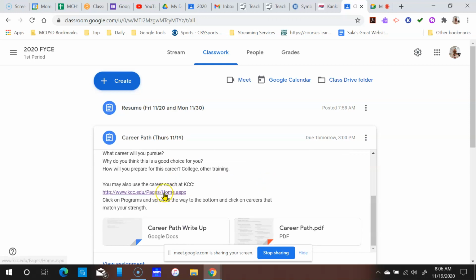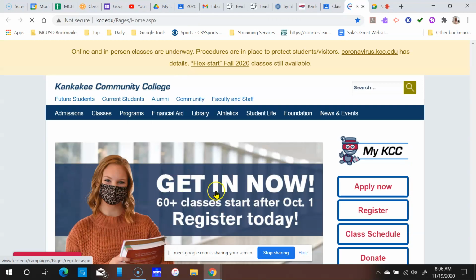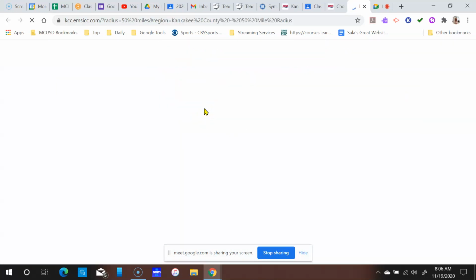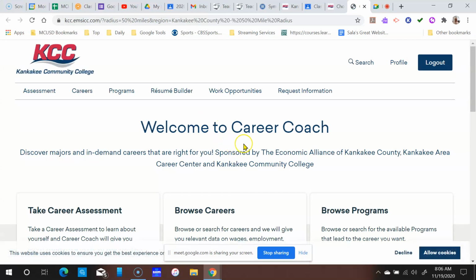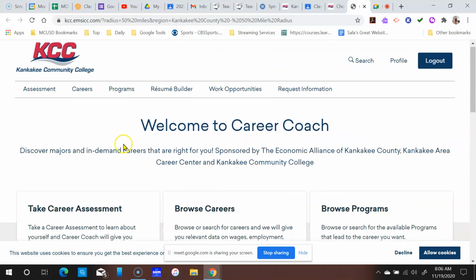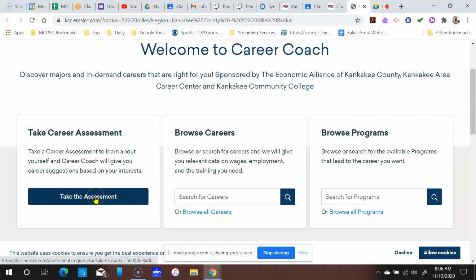I am going to show you this because you can use it for both assignments. This is something that's available to you at KCC. It's called the Career Coach. If I click on that link, you're going to come to the KCC page. You're going to click on Programs, and then all the way at the bottom, you have something called Career Coach. If you click on that, you can choose to take another assessment.